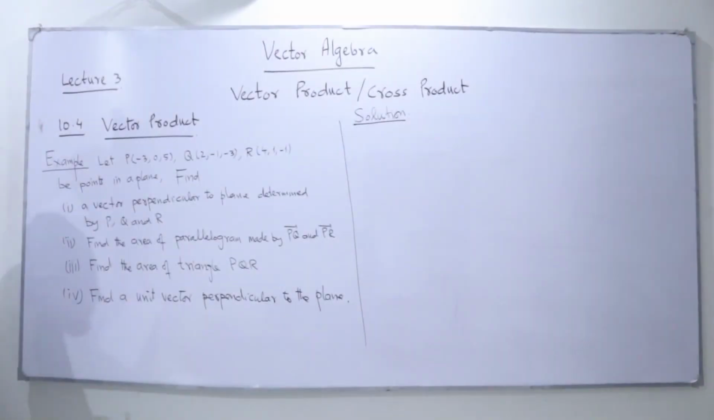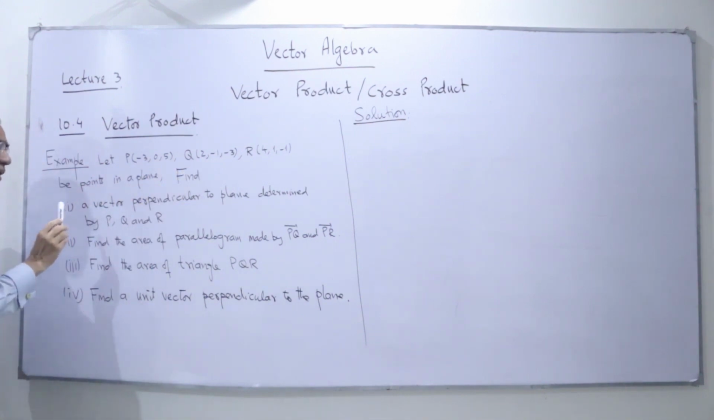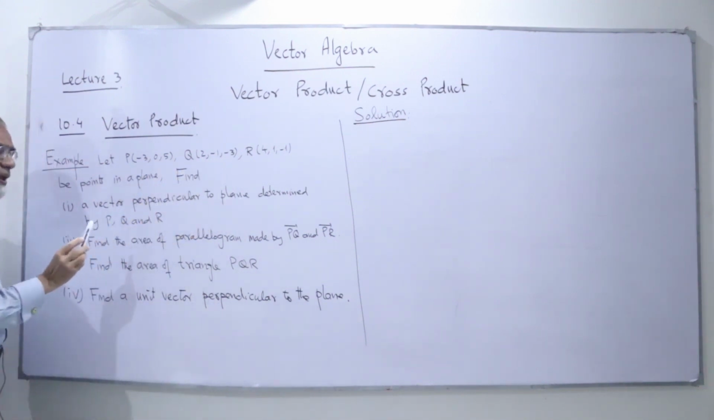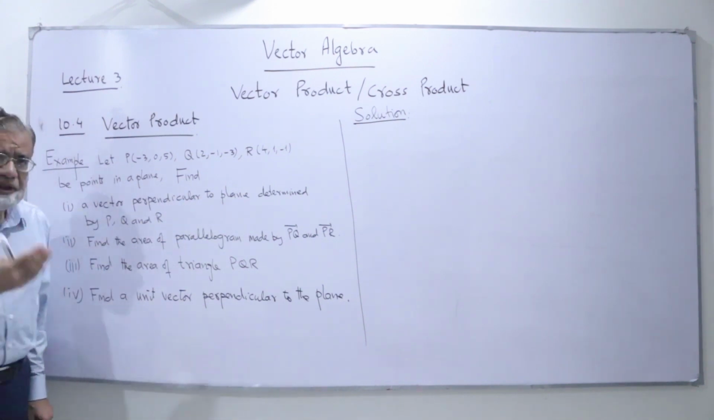I give the example. We are given here 3 points P, Q, and R. They are in a plane. So we want to find the vector perpendicular to the plane determined by P, Q, and R. The vector perpendicular to the plane will be found when we have two vectors in the plane and we take their cross product,